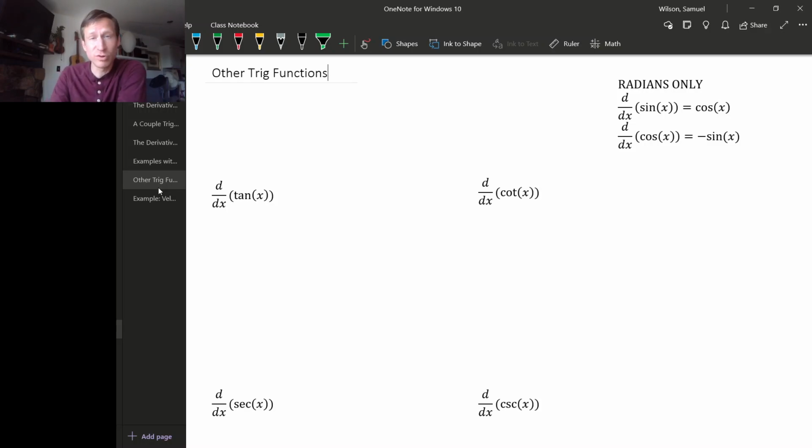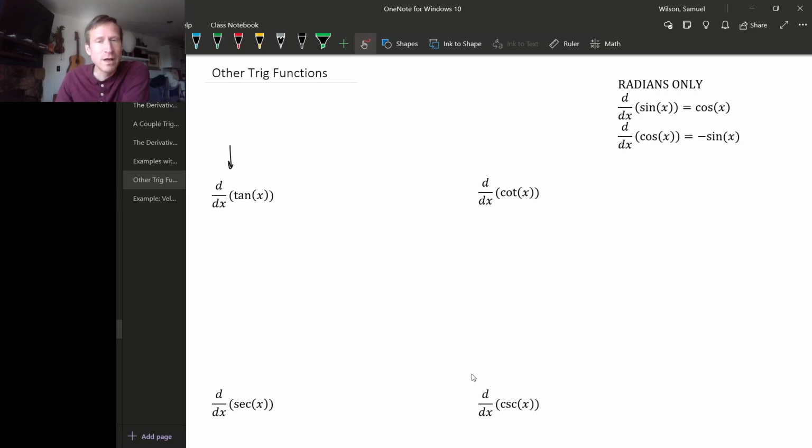We found derivative rules for sine and cosine, but remember there are 4 other trig functions that we should probably find derivatives for: tangent, cotangent, secant, and cosecant. In applications, sine, cosine, and tangent tend to be the most important, so figuring out a derivative for tangent will definitely be important. But there are some important applications for the other 3 trig functions as well, so we'll find